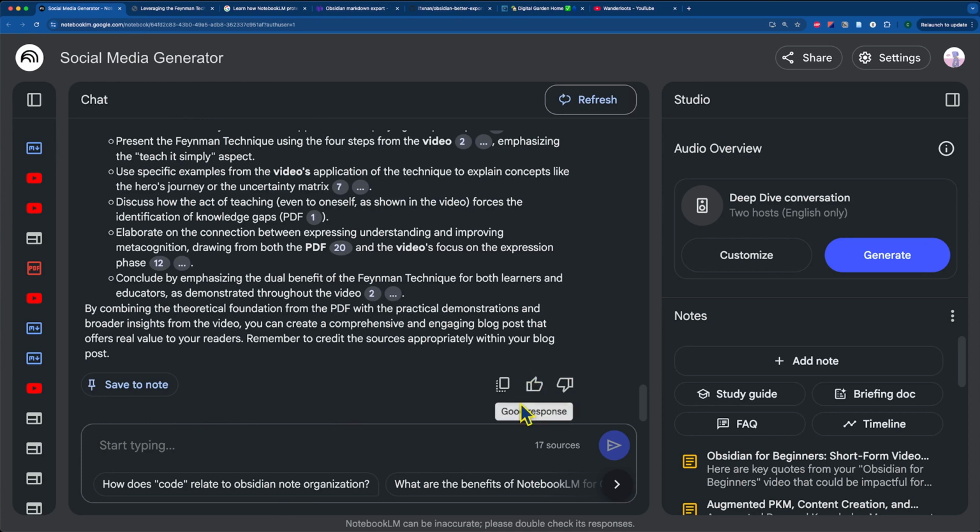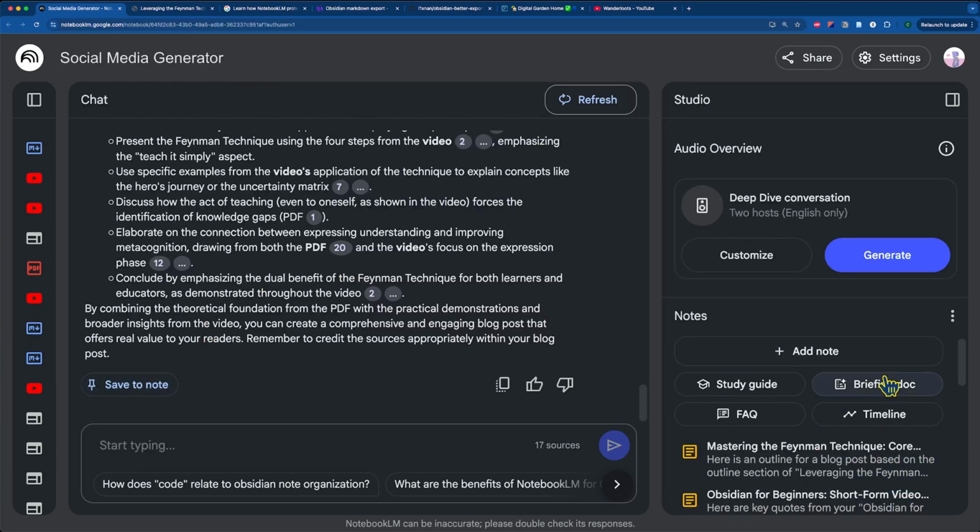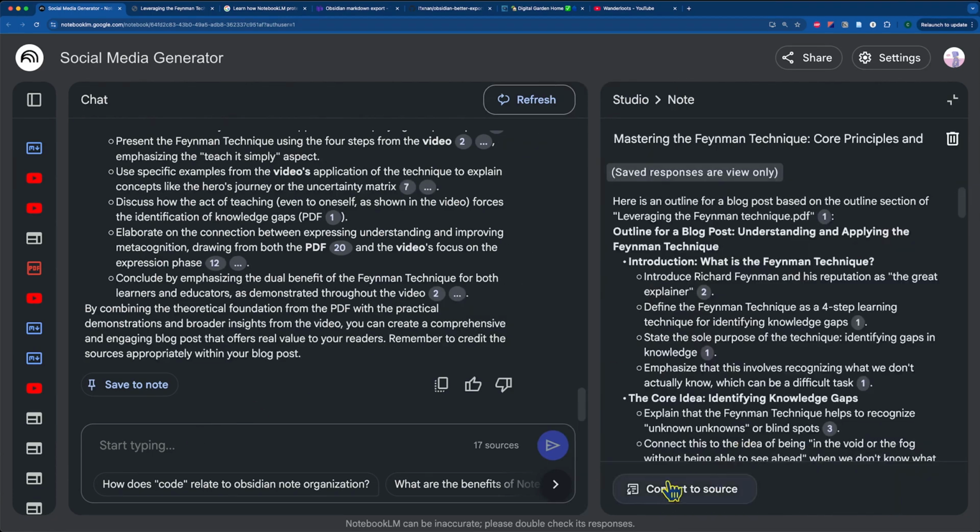I'm not going to click like, because that sends the information to a human reviewer, and I want to keep this private for myself. But I could save this to a note, and you can see that it automatically updated the note title. If I wanted to, I could convert this note to a source by clicking on it and clicking convert to source,